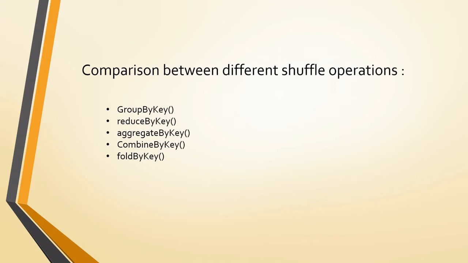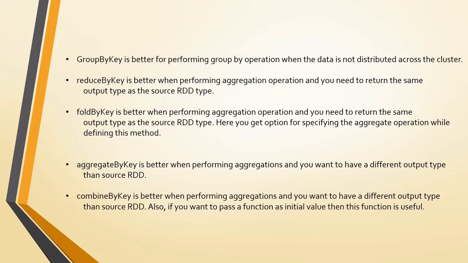Today we will compare them. We will take a sample file, in the sense some sample RDD, and apply all these shuffle operations on top of that RDD, and we will see how exactly Spark behaves when we pass these functions. Before that, just for a theoretical purpose, we will see some main differences, like what exactly these shuffle operations are, and then we will look into some sample code.